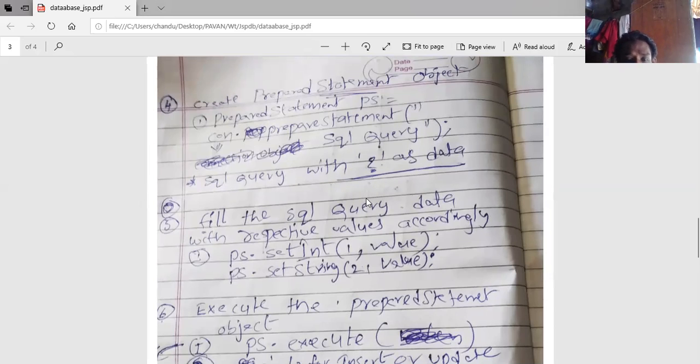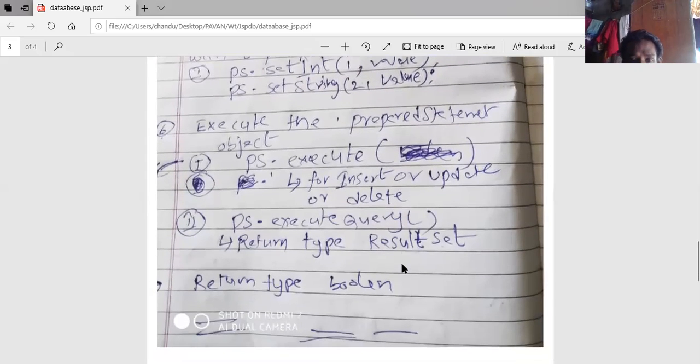Then fill the SQL query data with respective values accordingly. ps.setString, setInt, and so on. We'll see some examples, but for now assume one indicates the first question mark value, two the second question mark value.